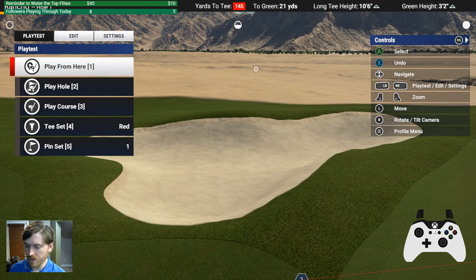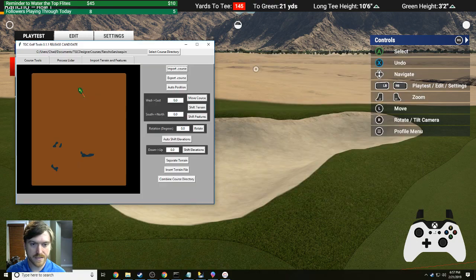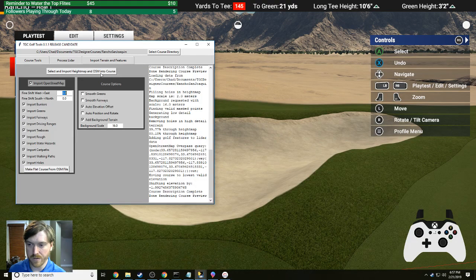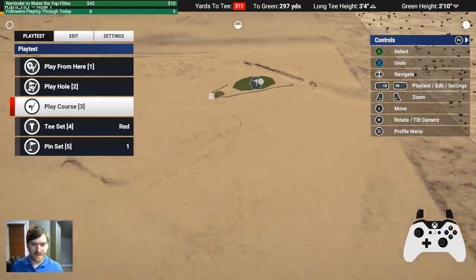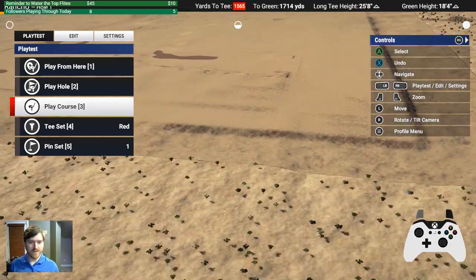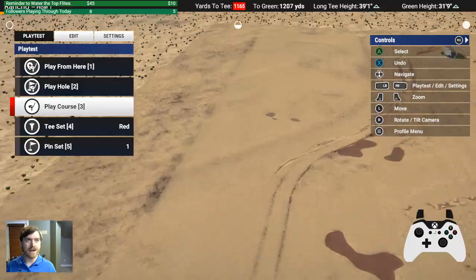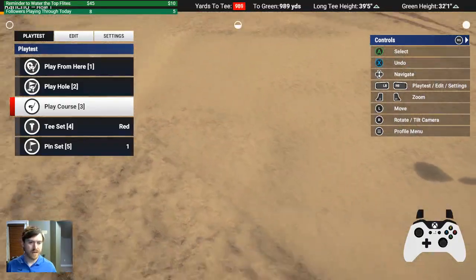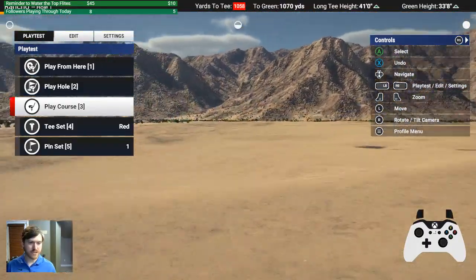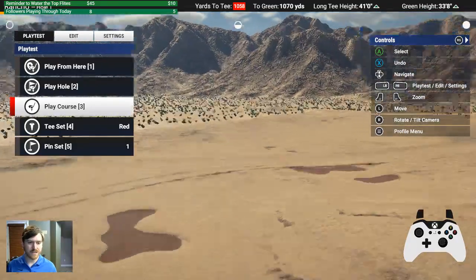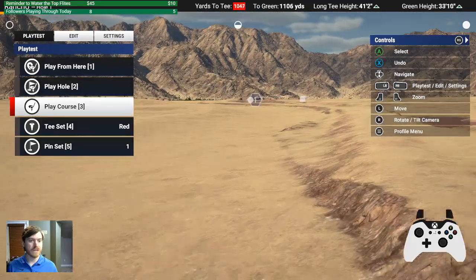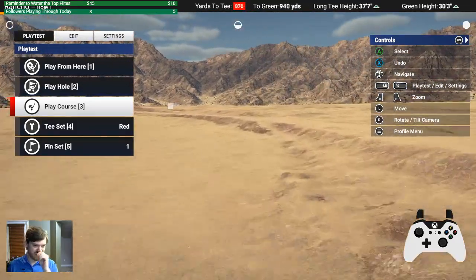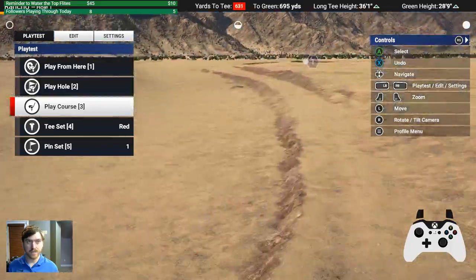And then if you're still running out of space, then you will have to go in and uncheck the background terrain, which we can look at in the course now. And so you can see here that we've actually imported the entire area of the mask, but we've done it in a smooth and low transition for areas that aren't playable. And you can see this is the separation. So I was able to get these areas to match up to within this kind of accuracy, which is really quite nice,